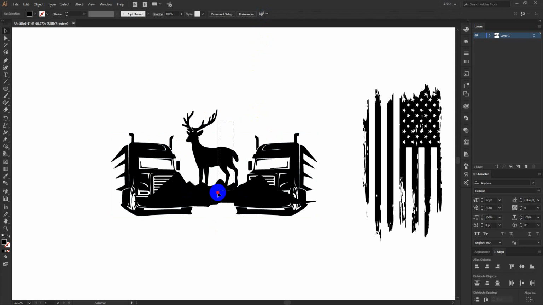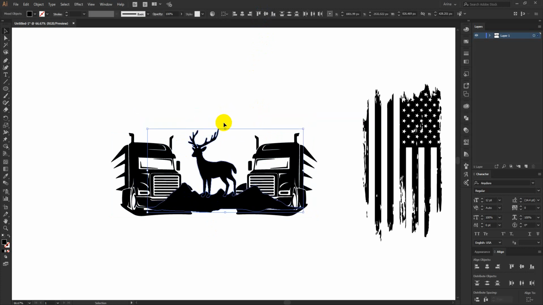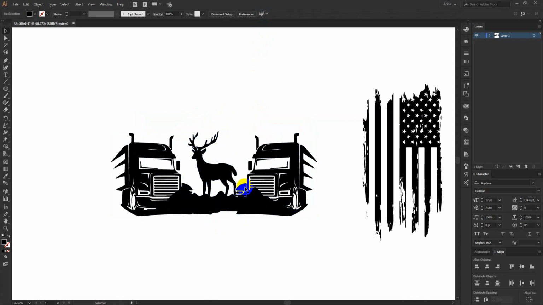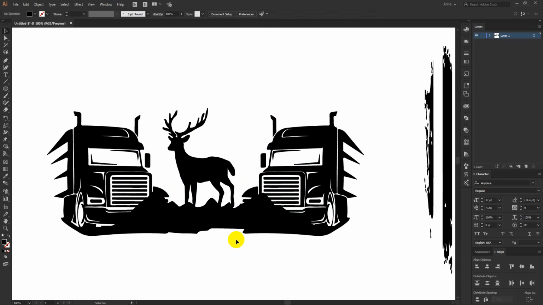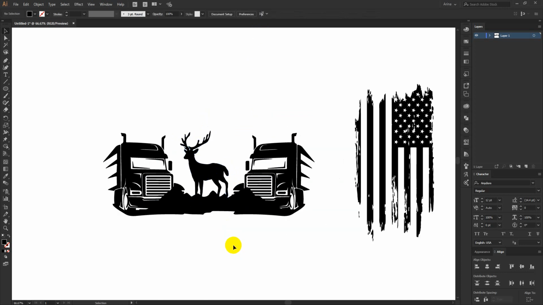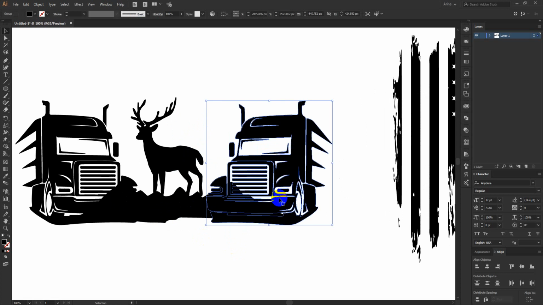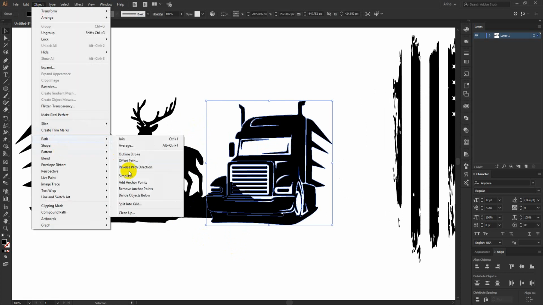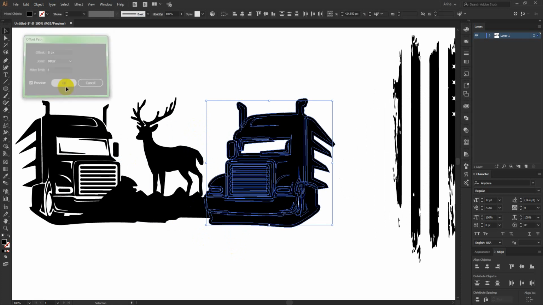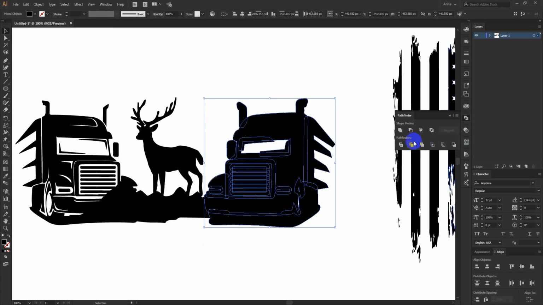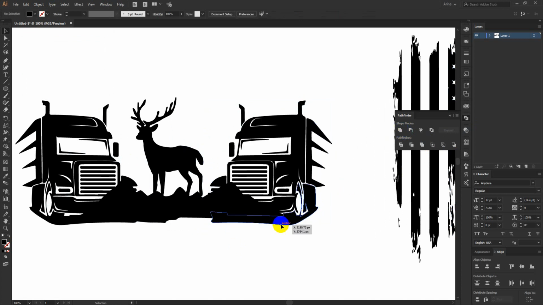Okay, so this is my design. I don't want this deer to be bigger than the truck, that will look kind of odd. Yeah, this is good, I think, but this truck will enter into his legs. Okay, I think this is good. Now I will use transparency, offset path. Yeah, 10 pixels is okay, or make it a bit lower. Okay, now merge, unite, cut.